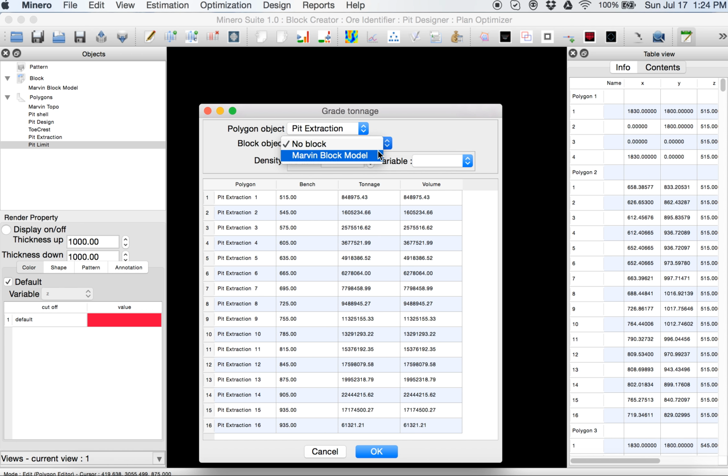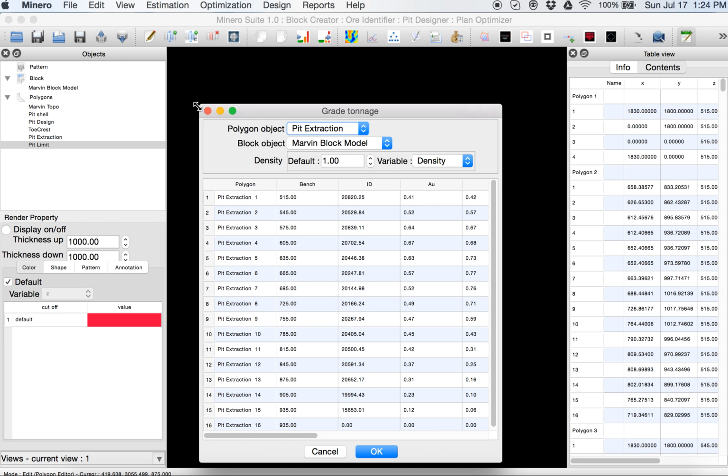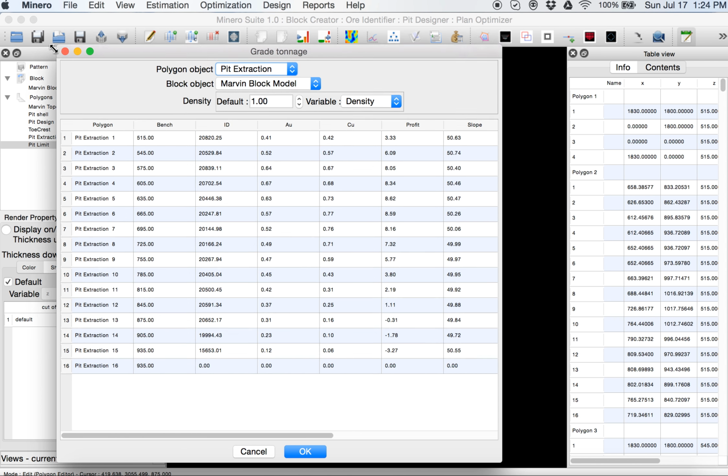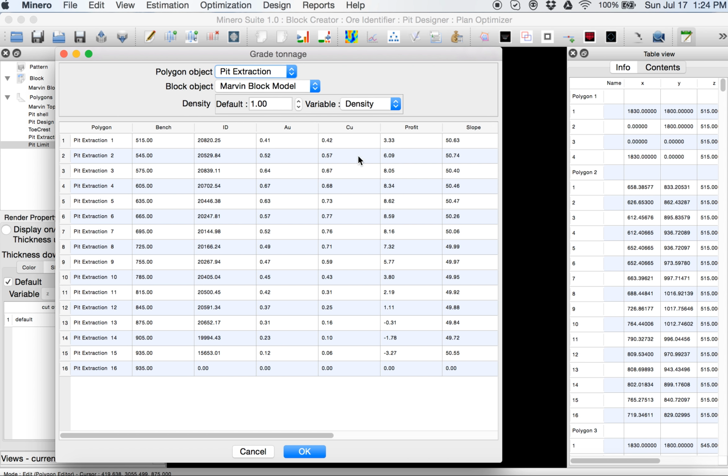If we have block models, we can use density variables and we can get detailed information as well. All the grades, profit, slope.